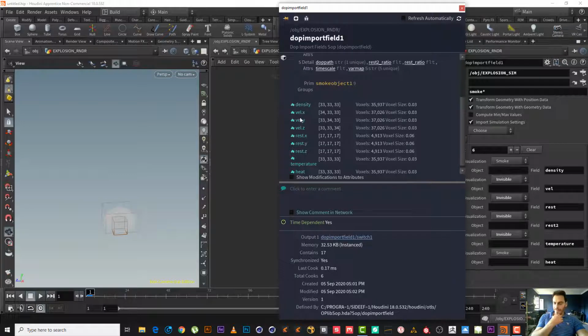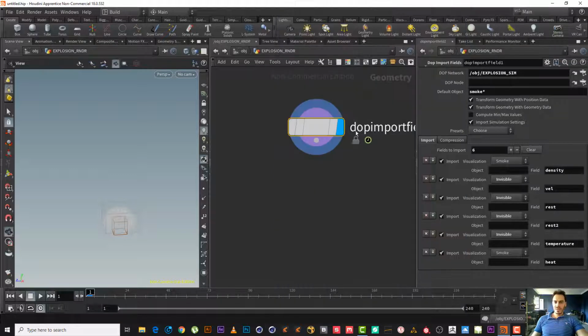Maybe we can decrease or reduce the number of the voxels for the velocity because it's not important, and maybe we need the half of it, same as the density. As you can see, it's a density. So first we have to